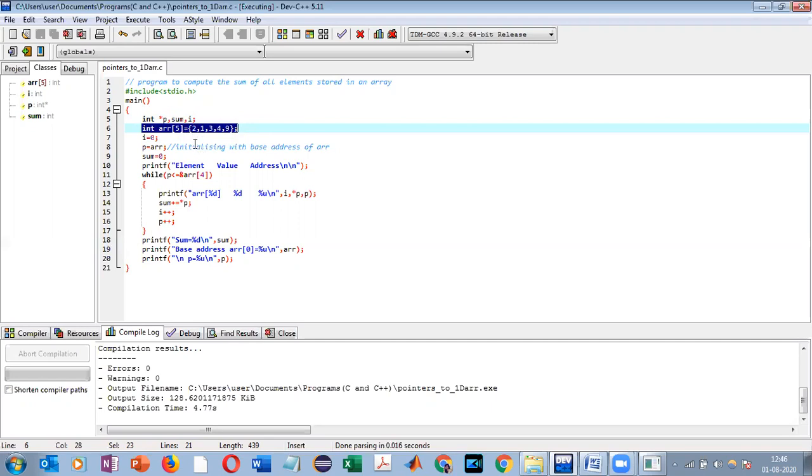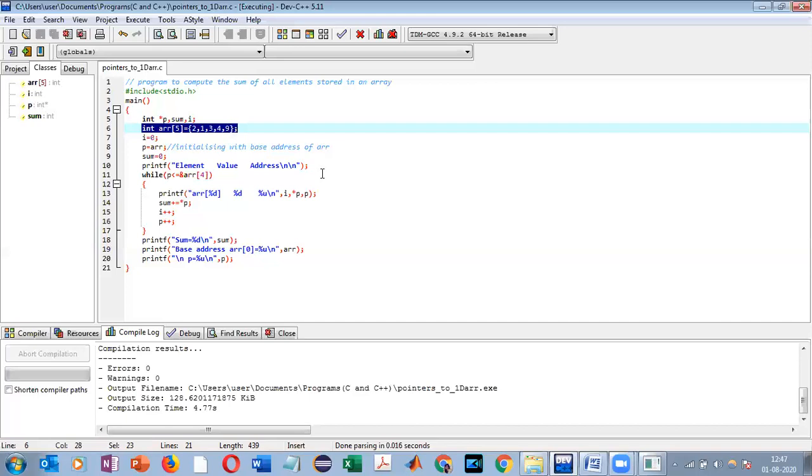So at the memory address 5000, the element 2 is stored. And not only that, the compiler also allocates sufficient space so that the other elements of the array can be stored in a contiguous fashion, because we know in an array all the elements are stored in contiguous memory locations. This is the first point.